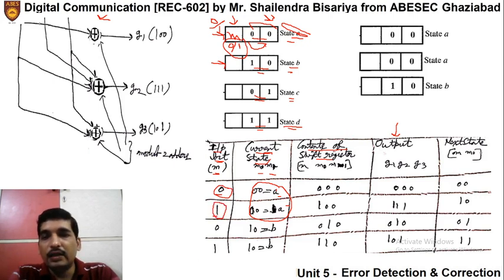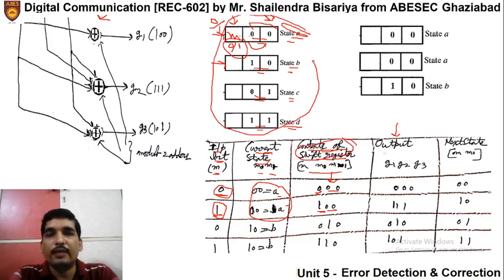Then at this moment the content of the shift register is M0 M1, right? M0 M1 at this moment is 0 0, so we have written 0 0, and as per the input bit, whether it is 0 or 1, M is 0 or M is 1, right? So these are the contents of the shift register. Then at the same moment, what is the value of the output? Output means G1, G2 and G3.